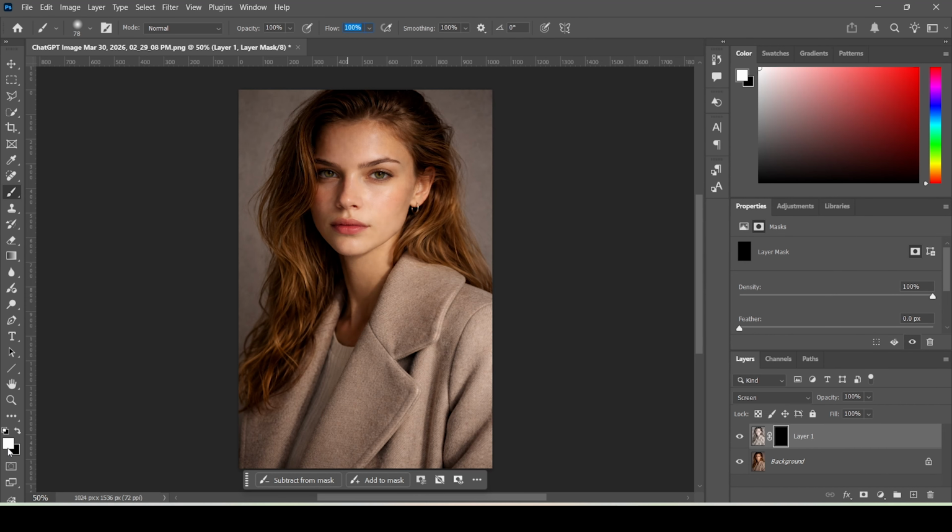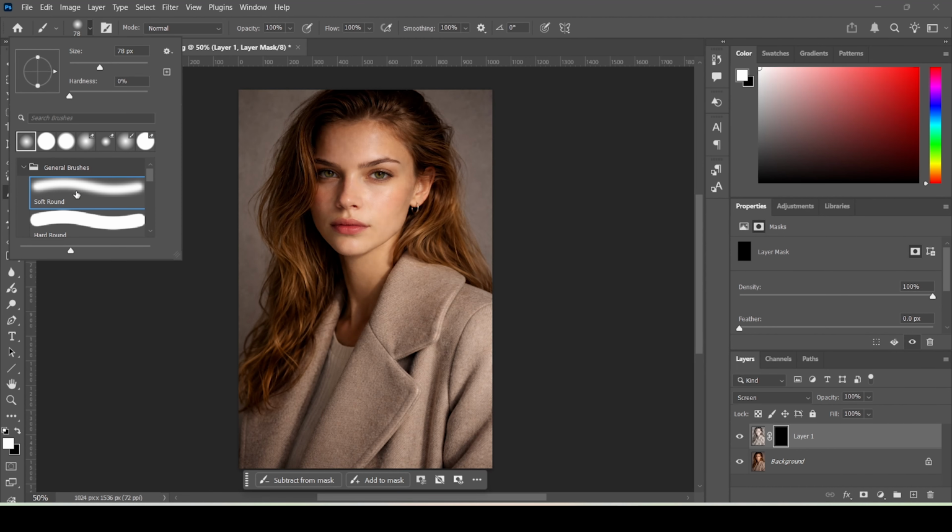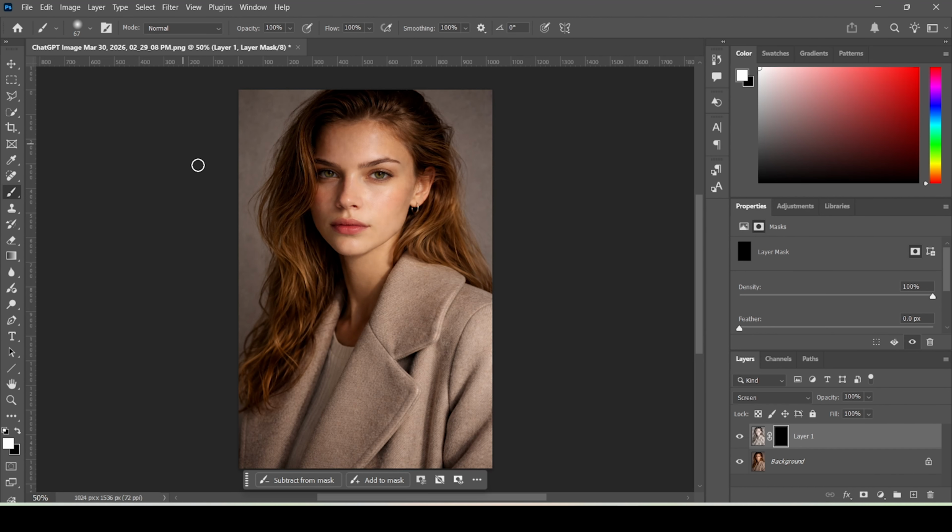Make sure that the foreground color is set to white, and then make sure that the brush mode is set to soft round. Let's decrease its size a little bit, then start brushing over the harsh shadow areas on your subject's face. And as you can see the difference, we successfully made the harsh